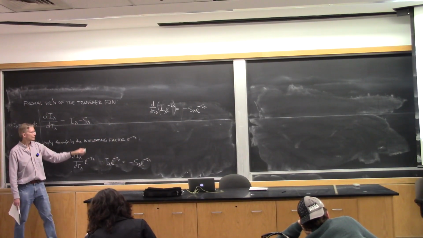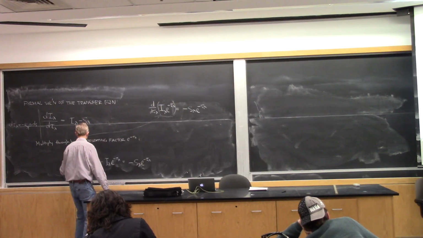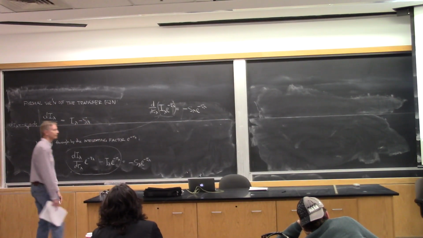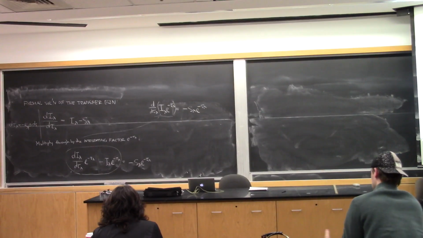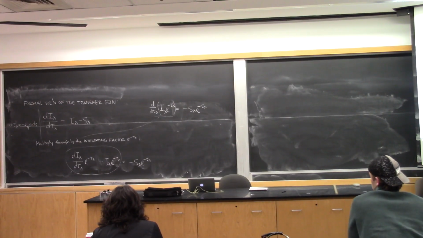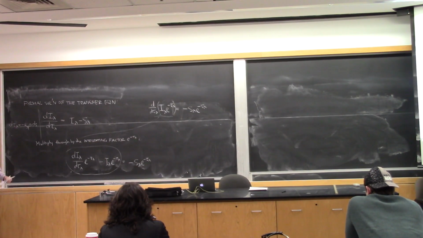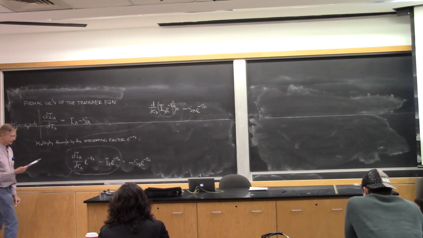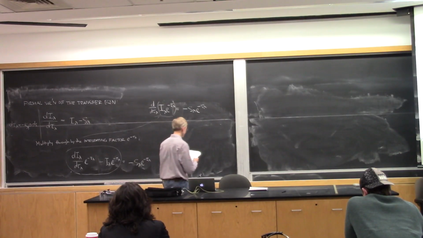So in other words, this is this. They're the same. So I recognize the left-hand side as the derivative of I lambda e to the minus tau lambda. That's why you use an integrating factor to turn one side into a simple derivative. Okay? So now, then what I can do is